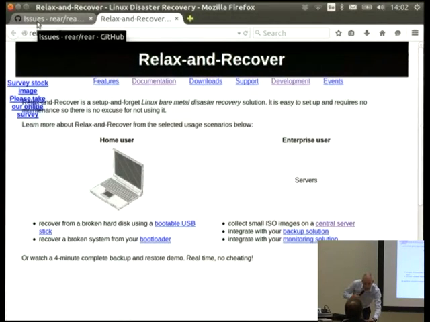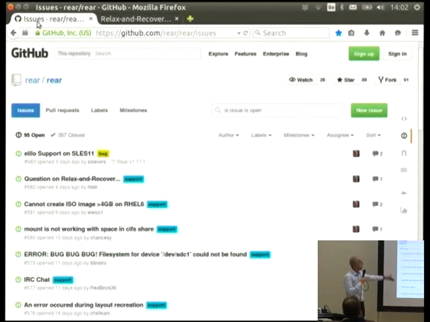And as a last word, if you need support or want to search for answers to some questions, always check GitHub and do a search, and you'll find a lot of information, because we are already above 500 cases. So most of the time the answers are in there. If it's not there, we also have a mailing list. It's all in the support pages of our web pages. So please look first at the web and try it out. If you have problems, you get support. And if you want to develop something new, be my guest.